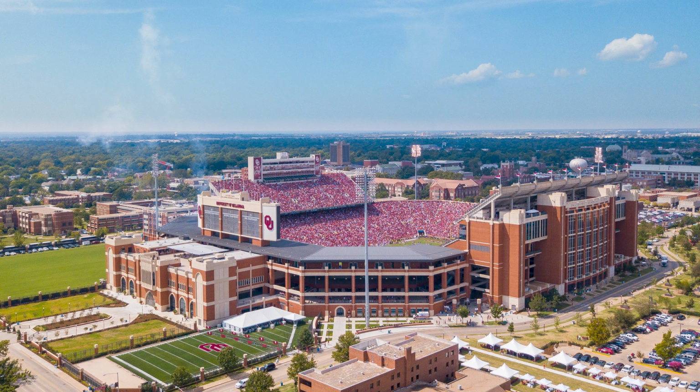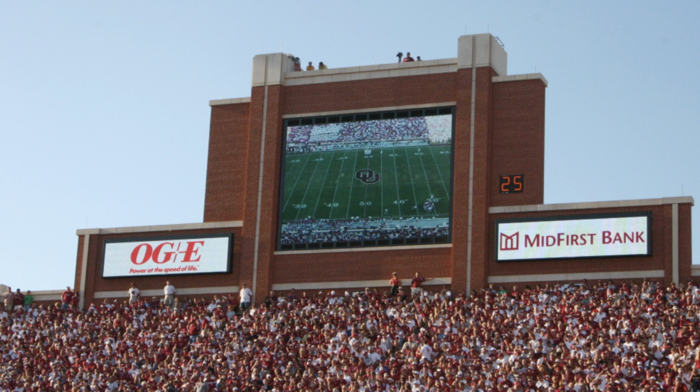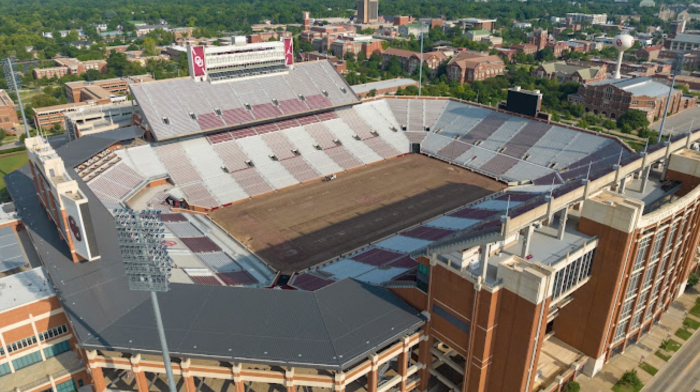Gaylord Family Oklahoma Memorial Stadium, also known as Owen Field or the Palace on the Prairie, is the football stadium on the campus of the University of Oklahoma in Norman, Oklahoma. It serves as the home of the Oklahoma Sooners football team. The official seating capacity of the stadium, following renovations before the start of the 2019 season, is